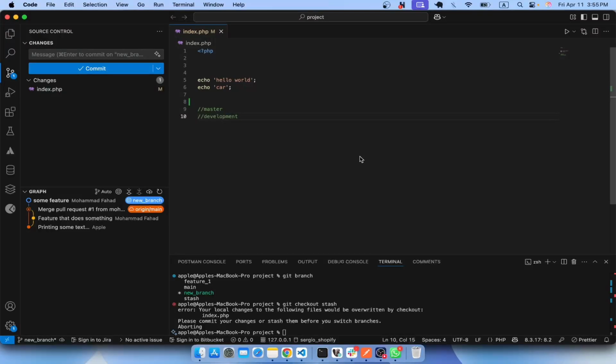Hey everyone, so in today's video we are going to continue with our GitHub basics, and today we'll start with the Git Stash command. So basically we use the Git Stash command to apply the stashed changes back to our working